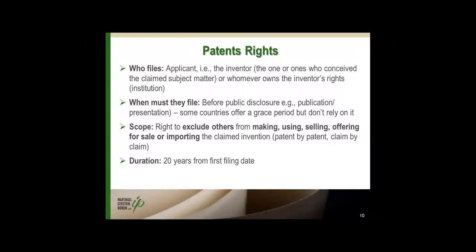That person often has an employment obligation or other obligation to assign, transfer, or convey their intellectual property to their employer. So, perhaps it's the research institution that would actually be making the filing. But fundamentally, in the first step, the patent right vests with the inventor, the one who conceived the idea. Now, they don't have to be the one that reduced it to practice. Often, the reduction to practice might come at a separate step. It may be constructively done with the filing of the patent application, but the conception of the idea gives rise